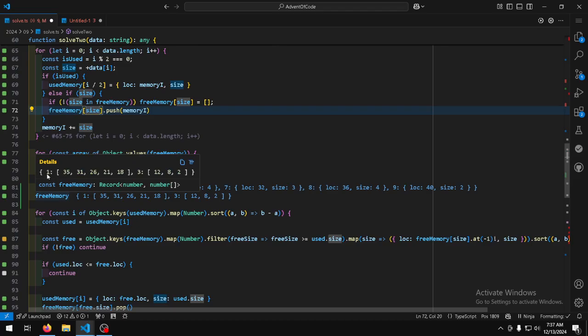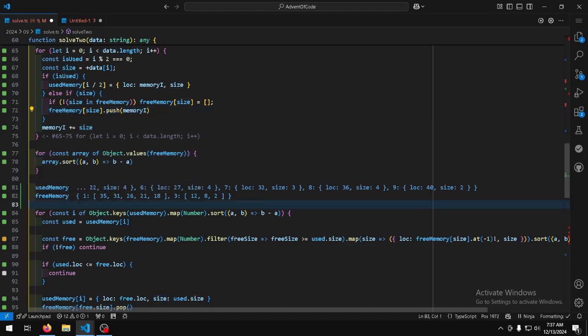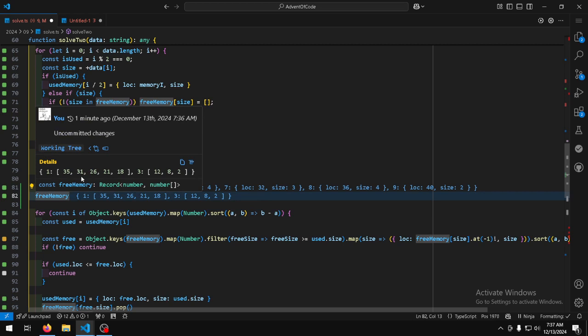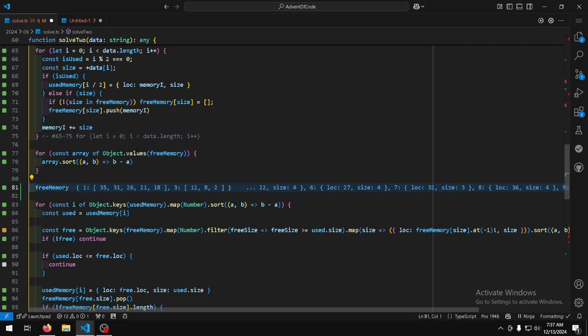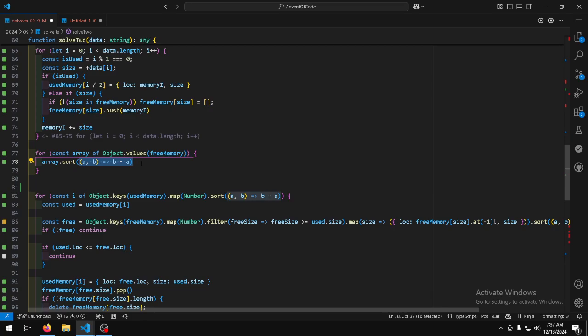So these are all bucketed by size. So whole free memories that are length of 1, these are their positions. All free memories length of 3, here are their positions. Not only is this more memory efficient to store free memory, ironically, it allows for the O of 1 lookup for free memory slots of certain sizes. We then sort this descendingly because we always want the smallest one at the end for us to pop off